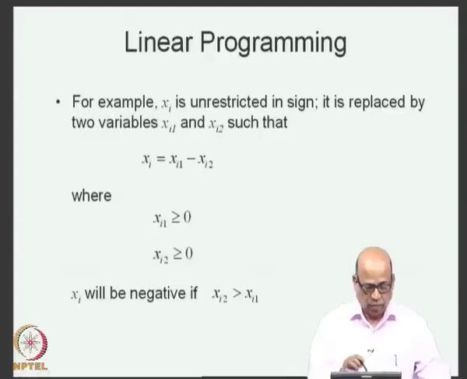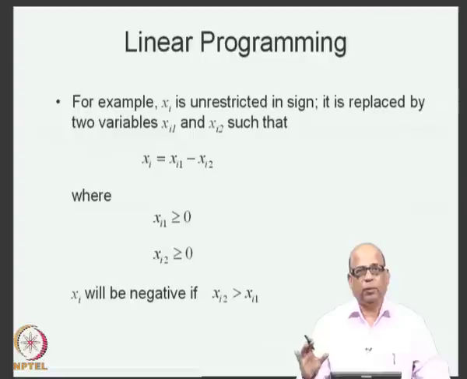However, we will come to that later, but right now you just understand that by expressing xi as a difference of two non-negative variables, what we have achieved is that in the final solution, if xi has to be positive, then this will be more than this. If xi has to be negative, then this will be more than this, both of them being non-negative, and therefore, in the LP problem we will still be dealing with non-negative variables.